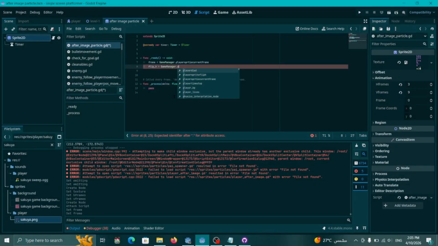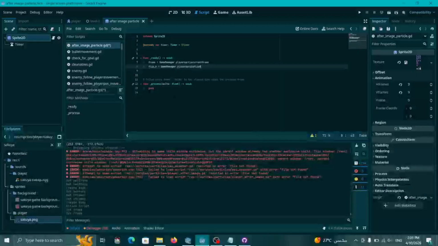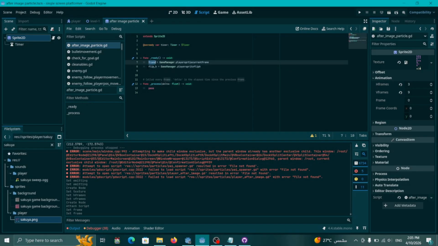Game manager dot player sprite dot flip h. And so now we assign its current frame and its flip horizontal. Now to get to actually animating the particle itself,